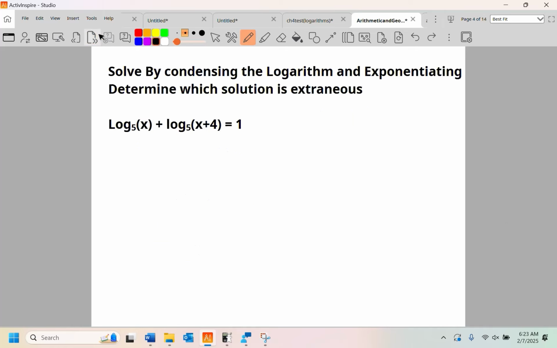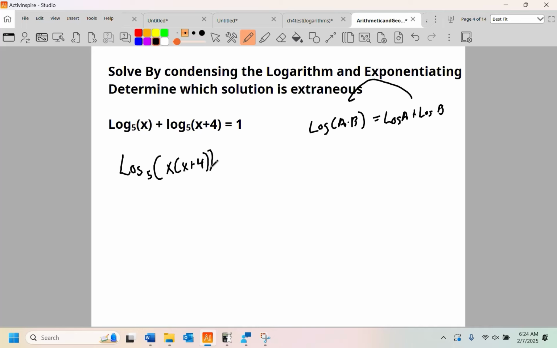Easy peasy lemon squeezy. Slide 4: solve by condensing the logarithm and exponentiating, determine which solution is extraneous. So we're just going to use this small property: a log of a times b is broken apart as log a plus log b. And we're just going to read it from right to left. I condense addition through multiplication. So a singular log base 5 that contains the product of x and x plus 4 is still equal to